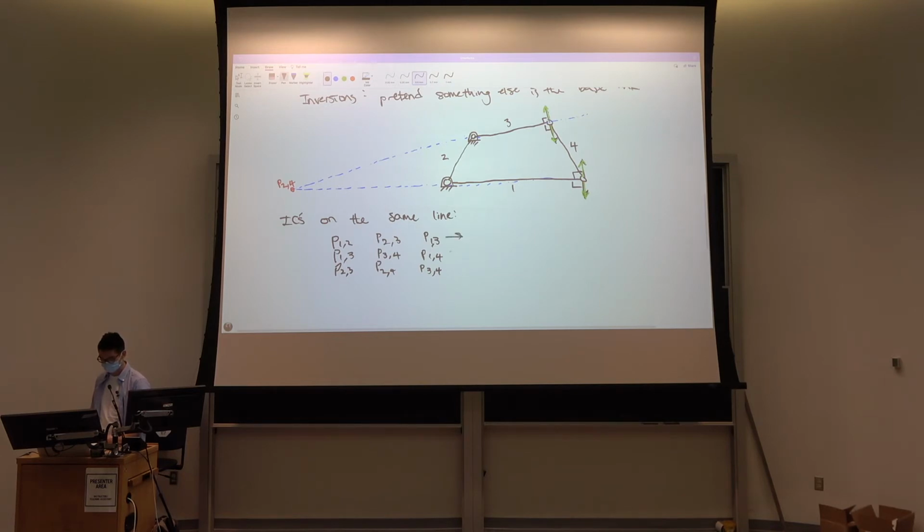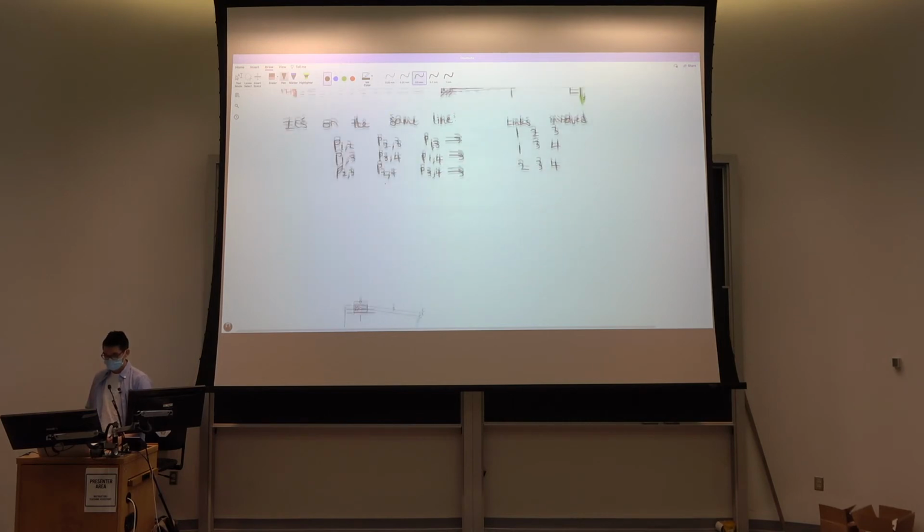So let's look at what links are involved. What links are involved in all these triplets? So here we have link 1, 2, and 3. For the second one, we found 1, 3, 4. This last one, 2, 3, 4, right? So this is showing you something about Kennedy's theorem. And what Kennedy's theorem says